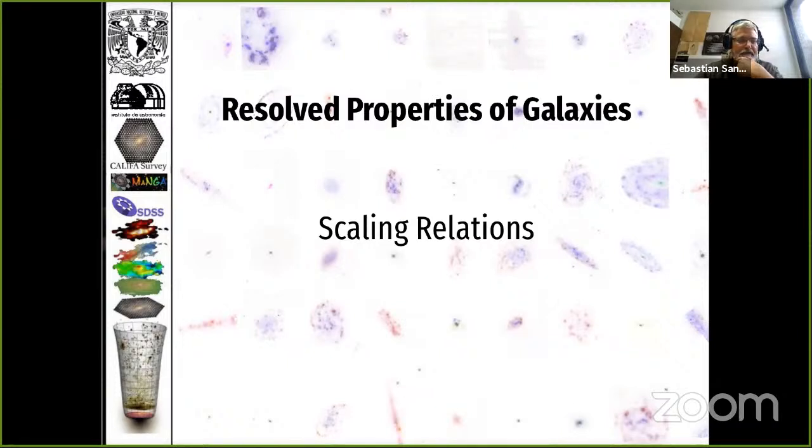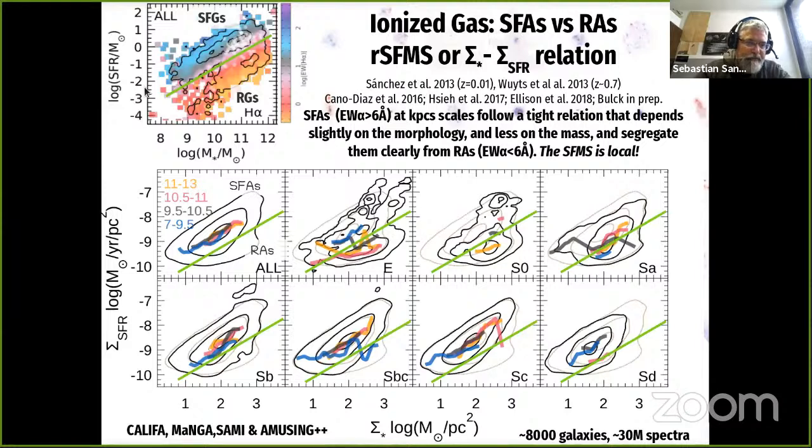As I showed you before, there were 4 main relations for star-forming galaxies that have been described integrated in those galaxies. The first one is the relation between the star formation rate and the stellar mass. And one of the things that has been uncovered by these integral field spectroscopy galaxy surveys is that most of these relations have a counterpart at kiloparsec scales. And this local relation, in the case of the star formation main sequence, is the resolved star formation main sequence, a relation between the stellar mass density and the star formation rate density, that is preferentially observed in galaxies that are forming stars, or in regions that are forming stars, whatever the host galaxy. It's changed by morphology, and in general follows the same kind of trend as the integrated one. It's a power law